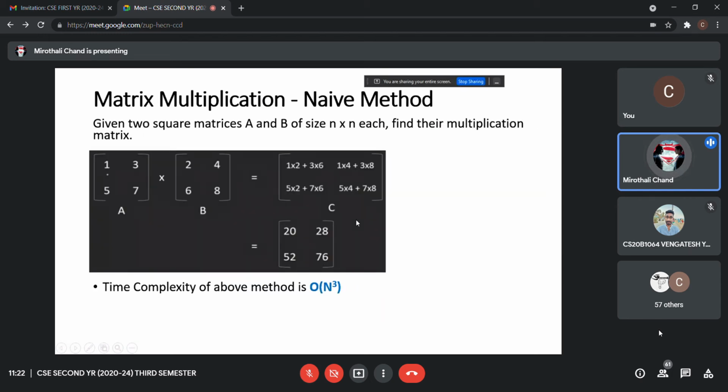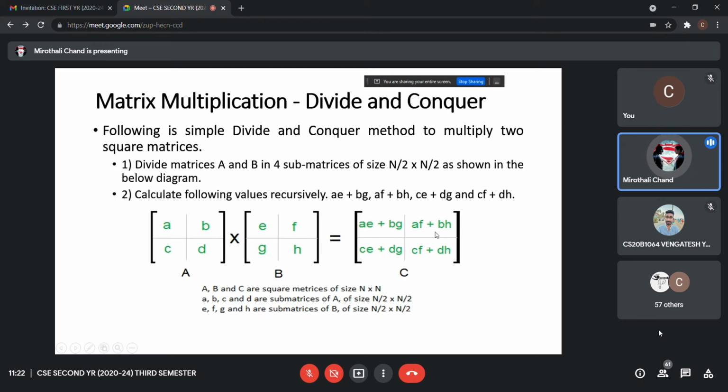If we take this example and solve this using the manual method, this will be exactly the same. But in case you are using the programming approach, in case you are going for the other n cross n matrices, in coding you will be considering them as separate matrices based on this formula. Divide the n cross n matrix into n by 2 cross n by 2 matrices, and then solve them separately. Then combining these solutions, you will be getting the single matrix, which will be the answer for this matrix